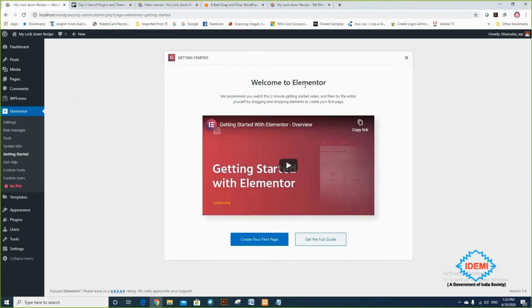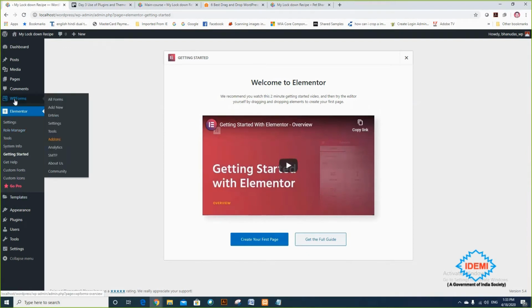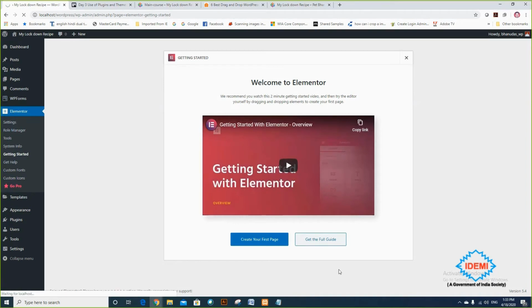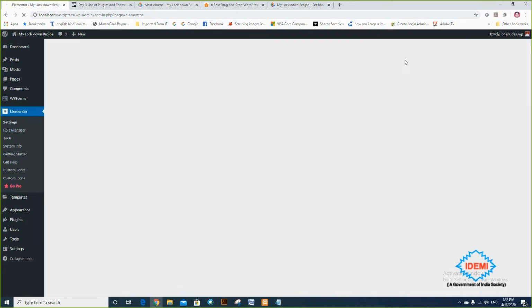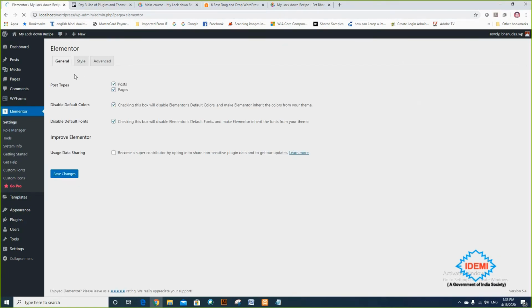See, Elementor has got installed. As I told you, like WPForms, here an Elementor menu is appearing. Okay, so they are providing guidance. We are not using it, but they are saying if you want to use Elementor for posts and pages, then you select this. So by default, whatever is there, I am selecting it.